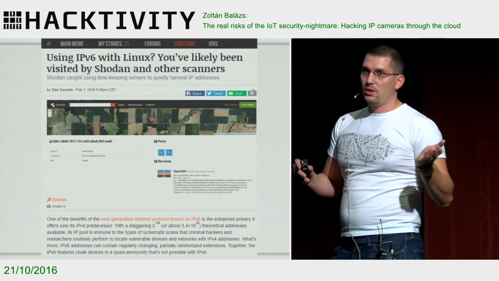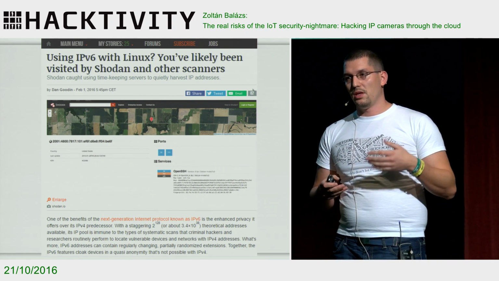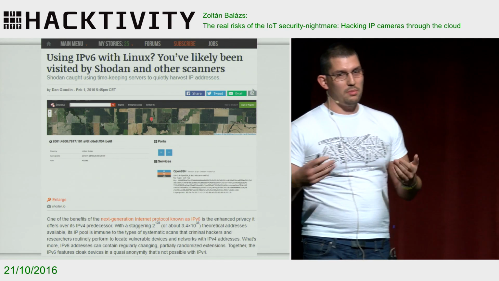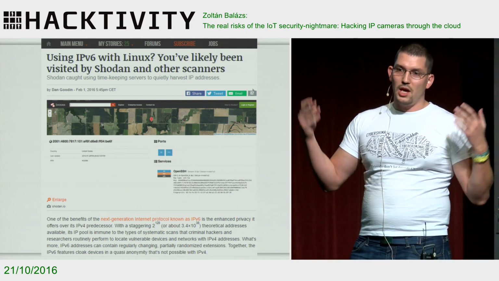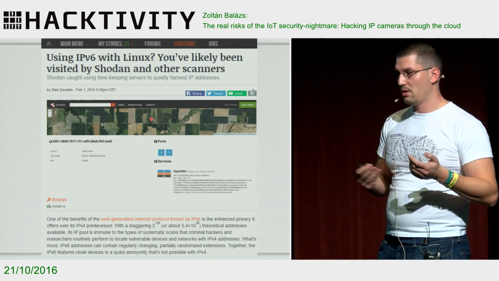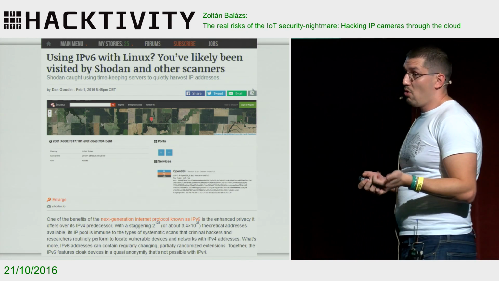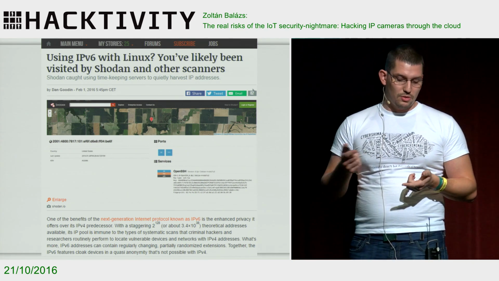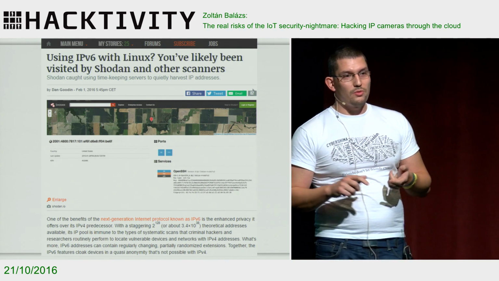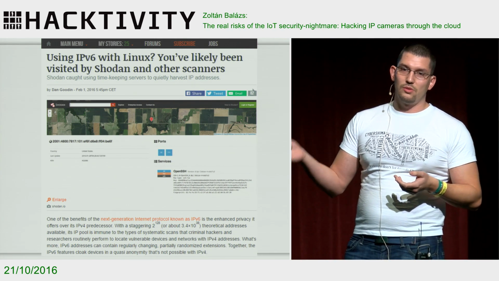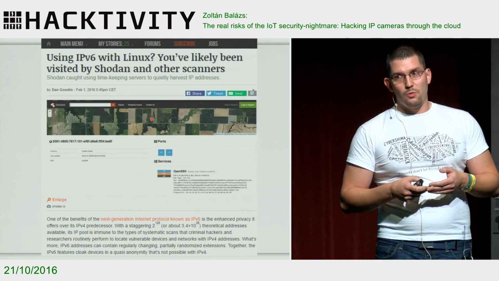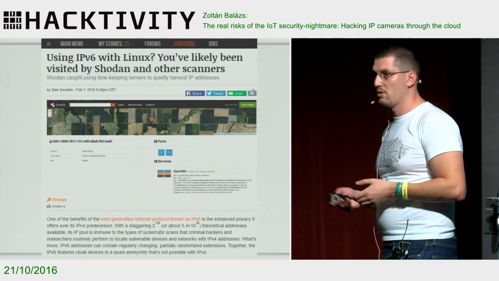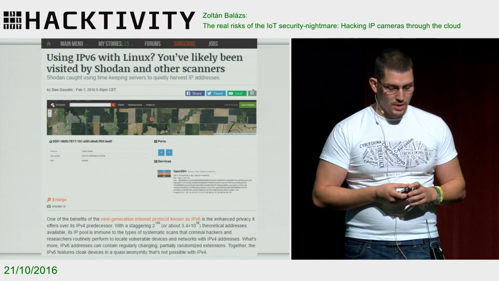I'm sure all of you know that you cannot scan the IPv6 internet the same way as you can scan the IPv4 internet, because the address range is so huge that you cannot do that. But whenever you can log the IPv6 addresses of these devices, you can sell them or forward them to your own servers, and these servers can start to scan these devices for open ports. And in IPv6, there is no NAT, so they can connect to these devices directly. Luckily,